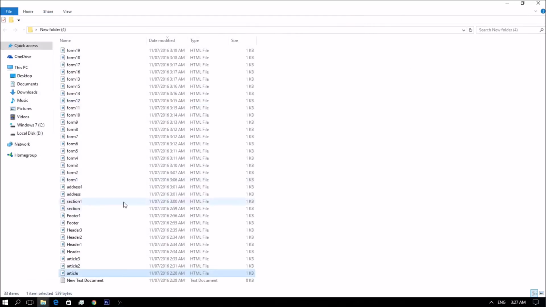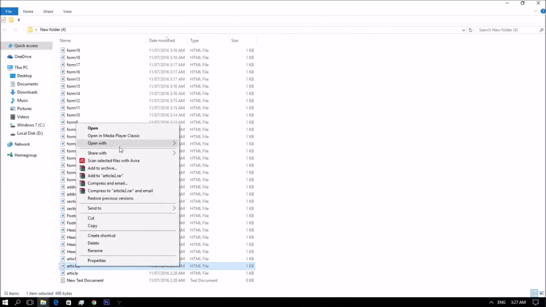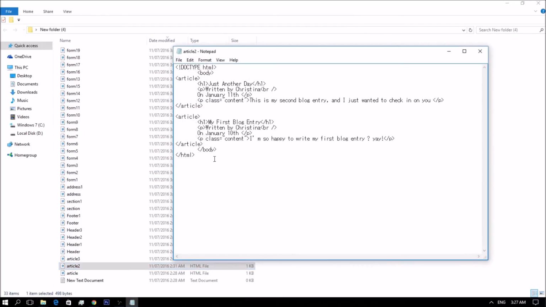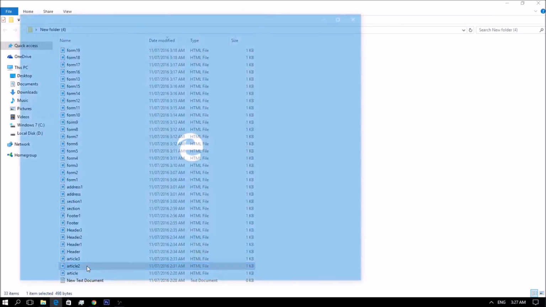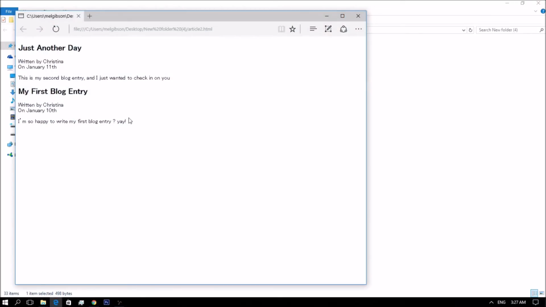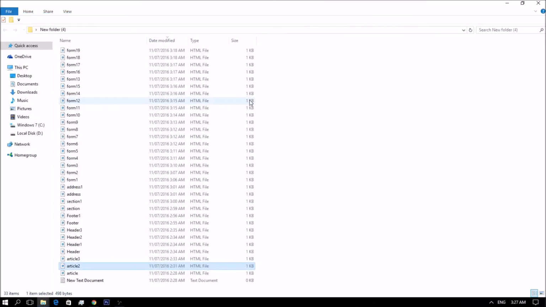So I have another example. Just like that. So what you have learned: the article is a new semantic HTML5 element.